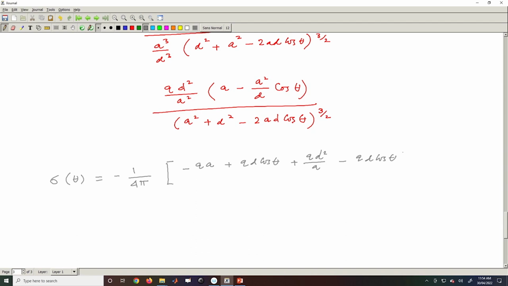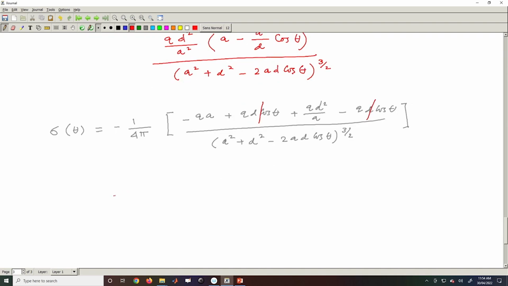Okay, one thing we are getting here, and in the denominator I have the common denominator, that is a square plus d square minus 2 a d cos theta to the power 3 by 2. So, what I do here is I just simply cancel, these things will simply cancel out, and eventually what I am getting is this minus of q divided by say 4 pi